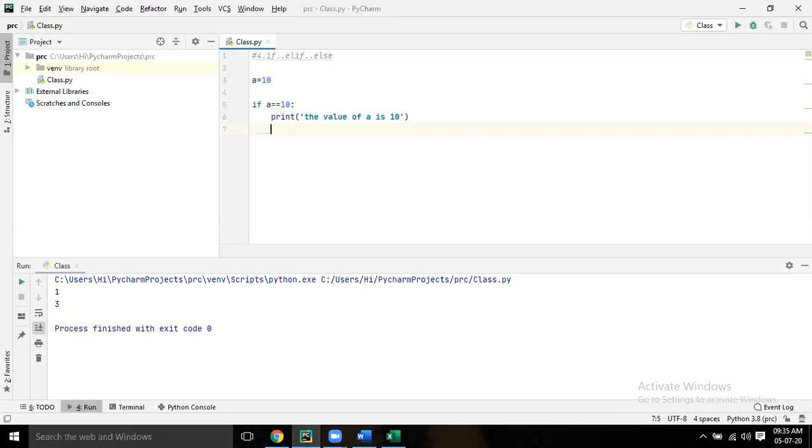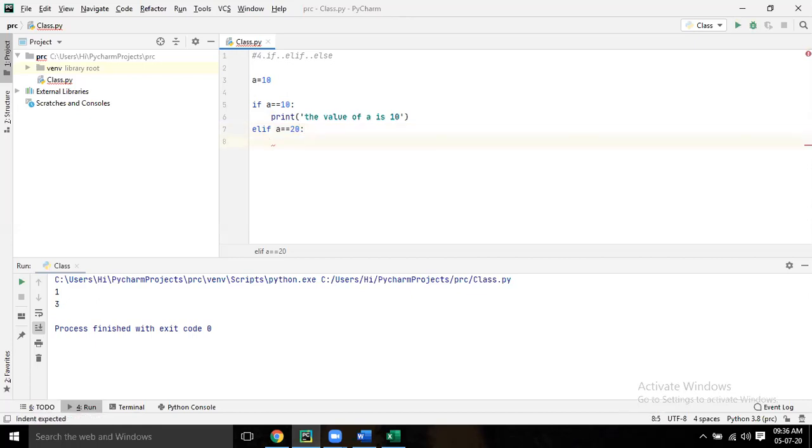Now, elif, colon, enter. No, elif, go up. For elif, you have to write a condition. Remove that colon. a double equal to 20, colon, enter.